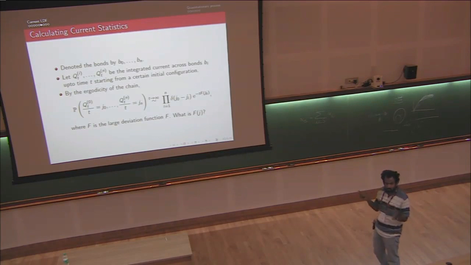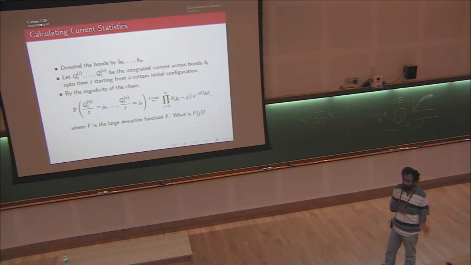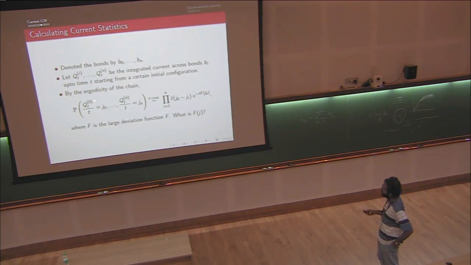And so I'm interested in the joint statistics. So I'm interested in what is Q_T^1, Q_T^2, etc., all of them simultaneously. And this is a non-equilibrium quantity. I'm not calculating this in the steady state, right? I'm looking at it starting from any initial configuration. So what's the joint distribution of these being J0, J1, and so on up to Jn?